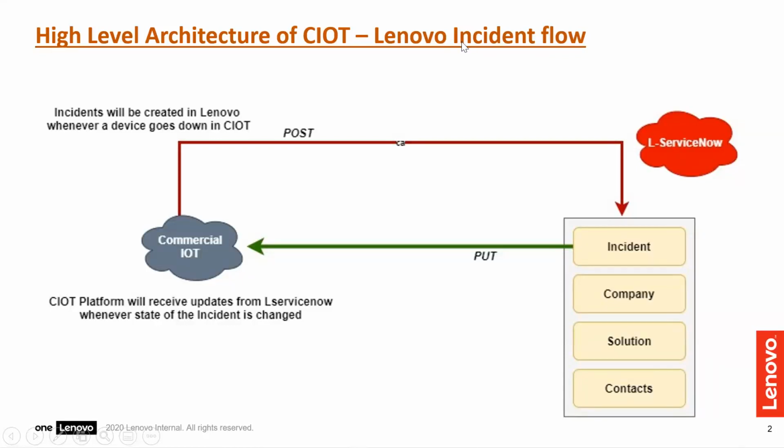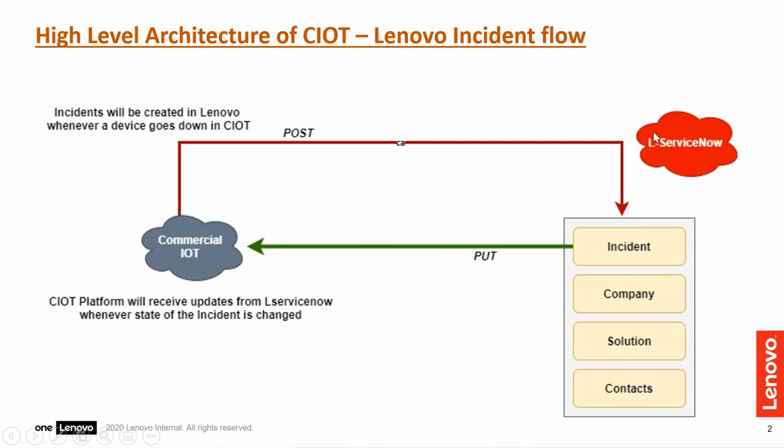So Lenovo Instant Flow actually. So this is the high level kind of requirement. See, what they are going to ask now is nothing but a basic requirement. Okay, concentrate here. It is easy as well. So this is CIOT, commercial Internet of Things. Okay, this is a third party here, and ServiceNow is one of the applications which you are going